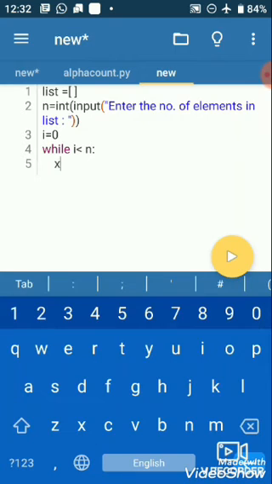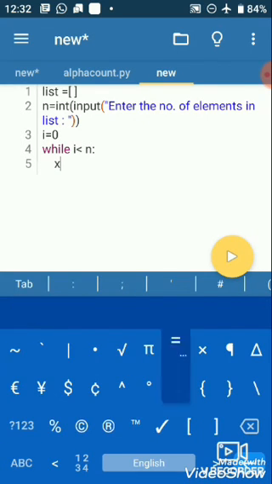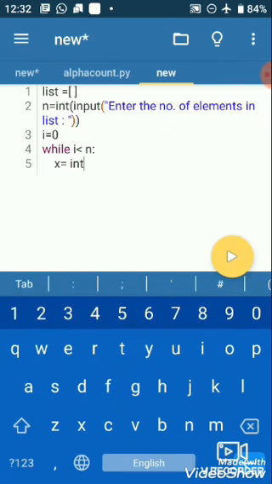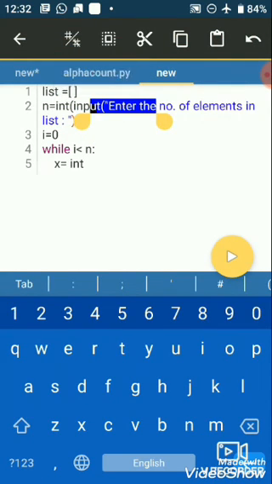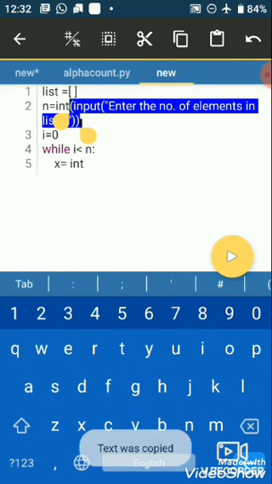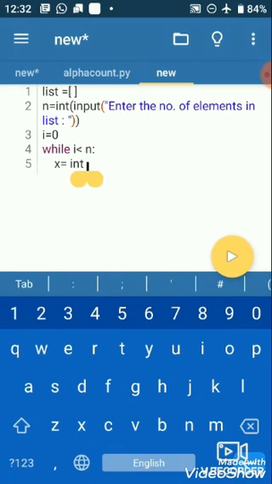So x equal to, again ask for the element, int, and we take input, enter the value of the element in the list.